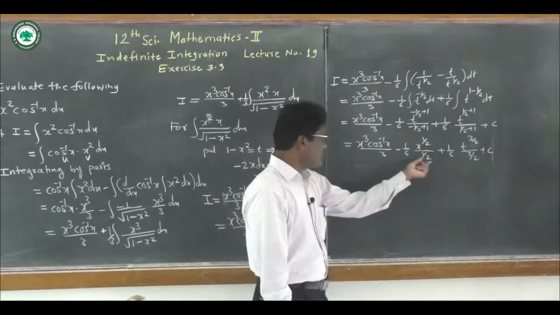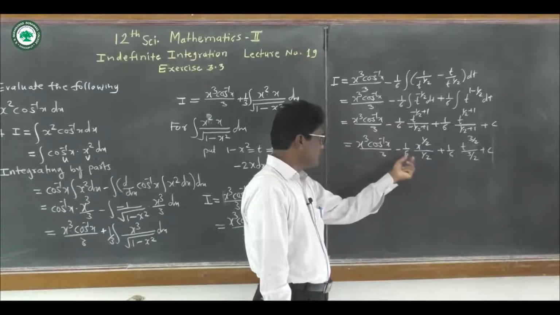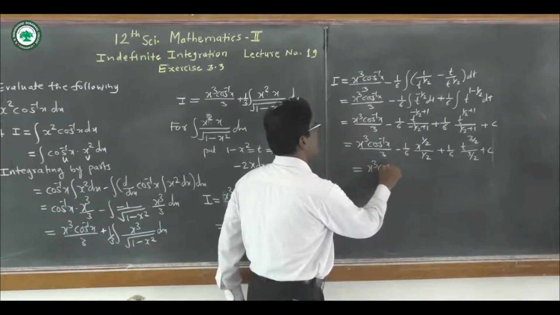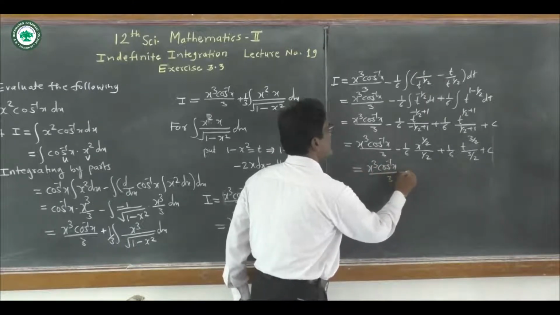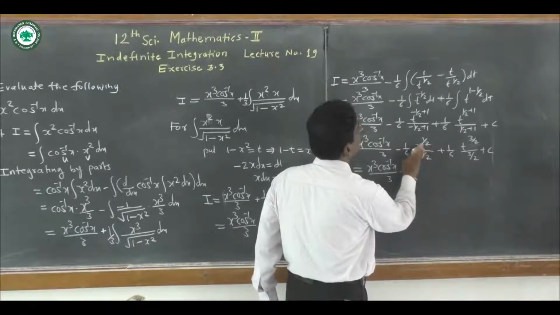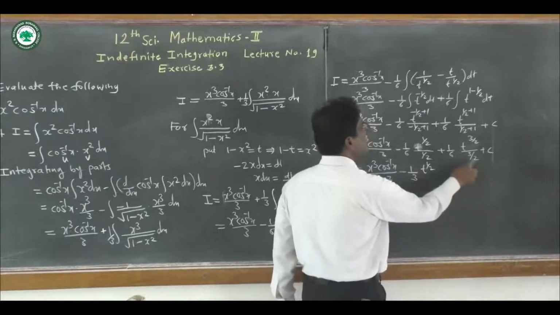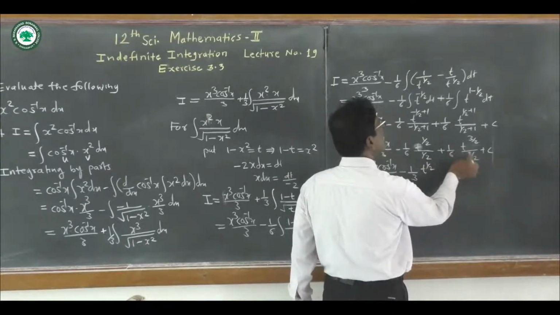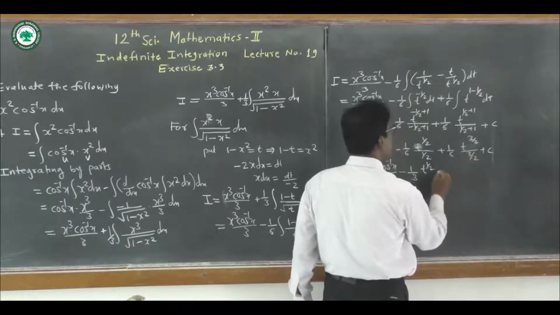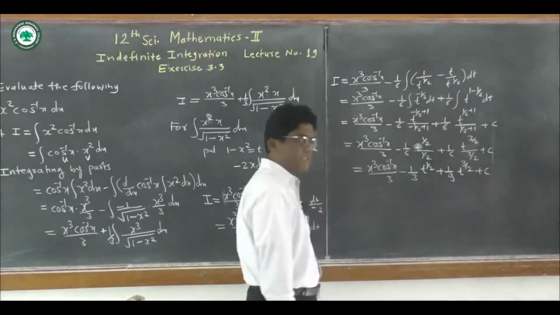Now we arrange this 1 half as we write here 2 upon 1 and divide this 2 to 6, 2 1s are 2, 2 3s are 6, and so we get here x cube cos inverse of x upon 3 minus 1 upon 3, here t to the power 1 half. Now here we write 1 by 6 into 2 by 3, and 2 1s are 2 and 2 3s are 6 and 3 3s are 9, so it is 1 upon 9 t to the power 3 by 2 plus constant of integration. Finally put the value of t.